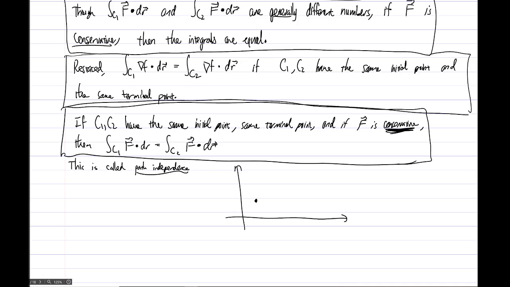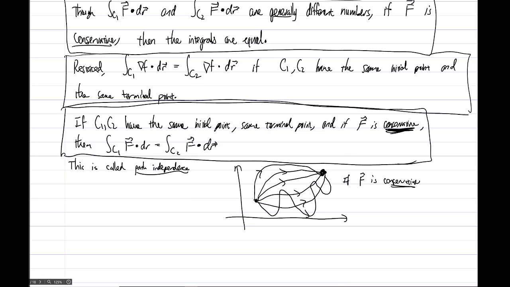Let's say you've got a point here and a point there, and you can look at this path, or this path, or that path, or this path, or a path that, to be honest, does something like this. It just kind of is much more wiggly. Then the point is, since all these paths start at the same place and all these paths end at the same place, if f is conservative,